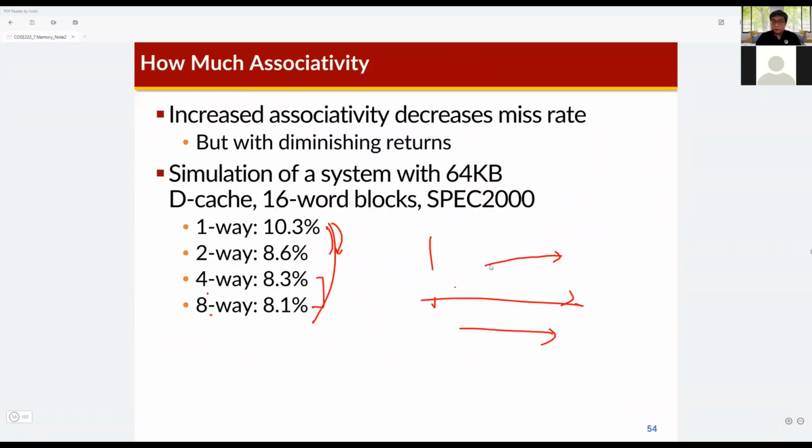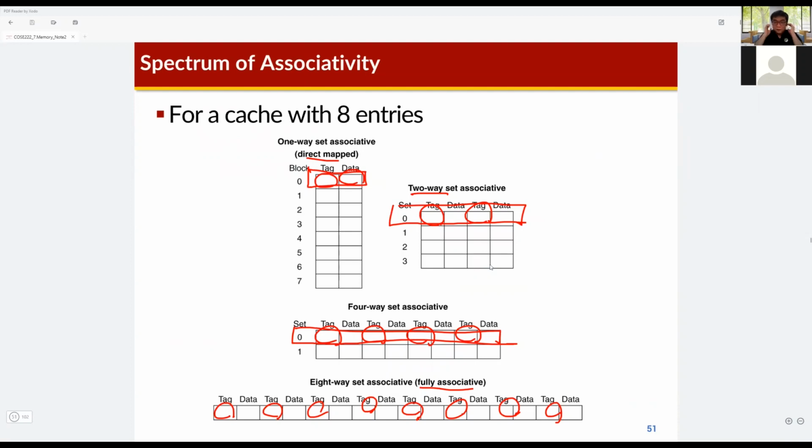So in the previous class, we learned about the associativity in cache. When I talked about the associativity in cache, I mentioned that in the direct mapped cache, we can store only one cache line in one set of the direct mapped cache. And then I also mentioned that